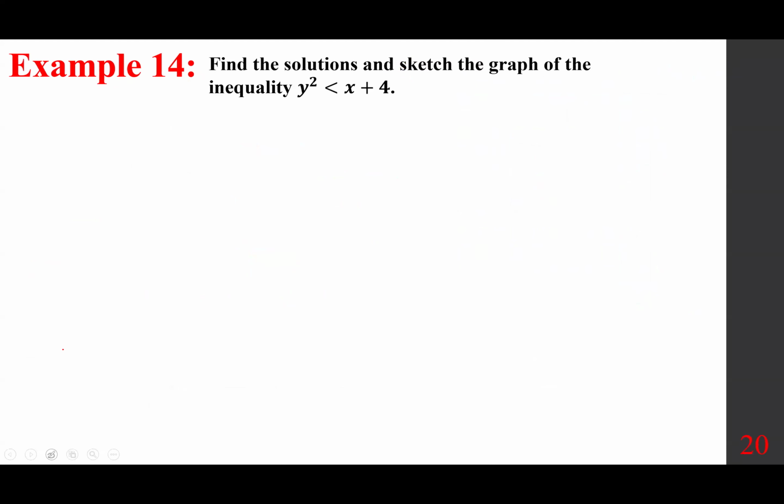Find the solutions and sketch the graph of the inequality y squared is less than x plus 4. We're going to replace this with equality, and that gives rise to a parabola, y squared equals x plus 4. I hope you remember from previous courses that this is a parabola that opens sideways, okay? In essence,